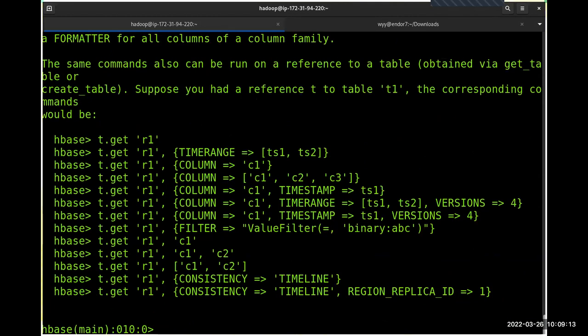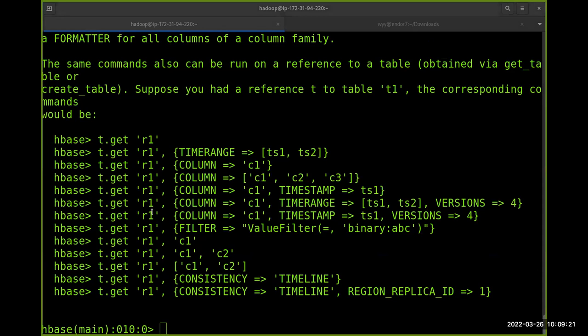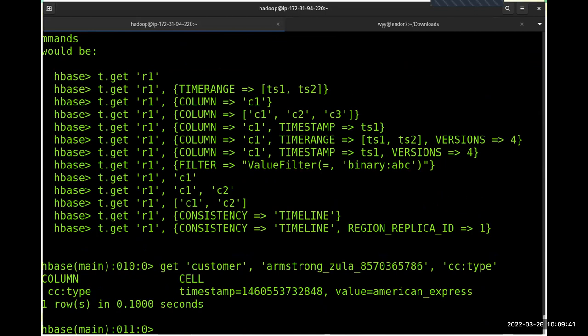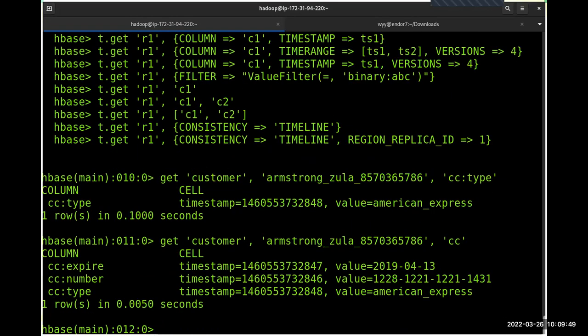So get is a command that you could think of like a database select, right? So it's a select command. So let's say get. So let me copy an example, because it has to be very specific. So the customer IDs are not very user friendly, right? So Armstrong Zula, and I want to get only credit card type, right? So this means the value, oh, is American Express. What if I get the whole credit card? Pwede rin, right? Or I can get that entire key,